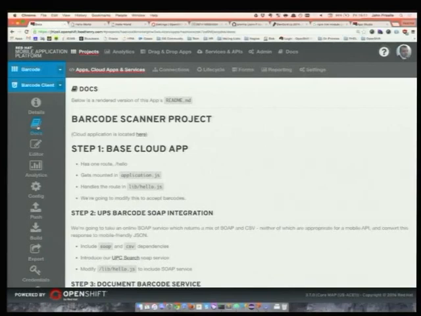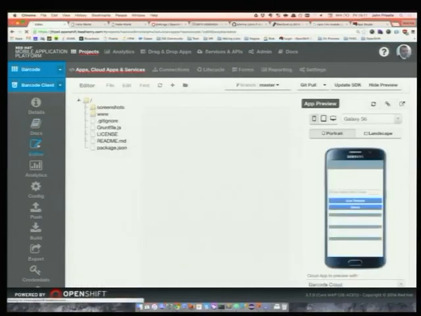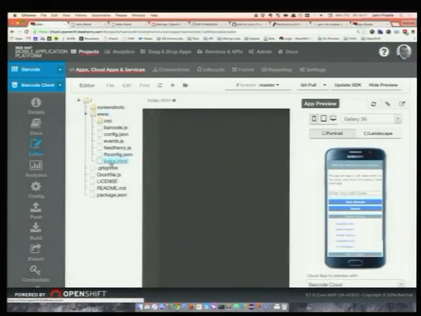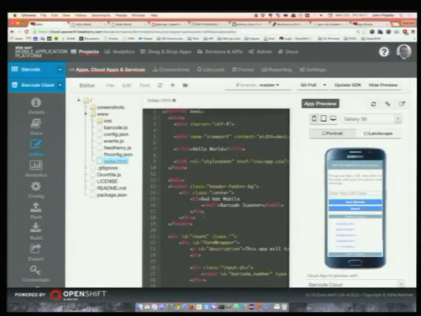So the kinds of information you'd normally put in a README file are the things that will show up here.